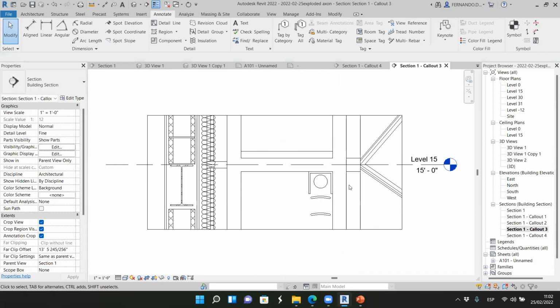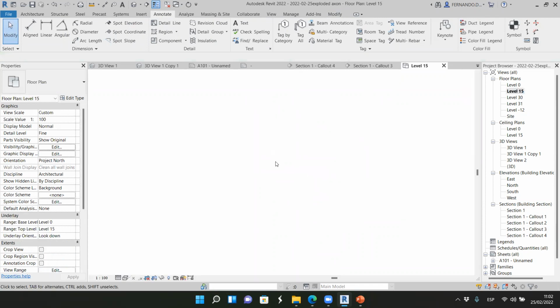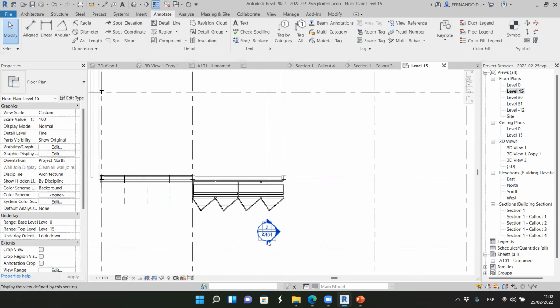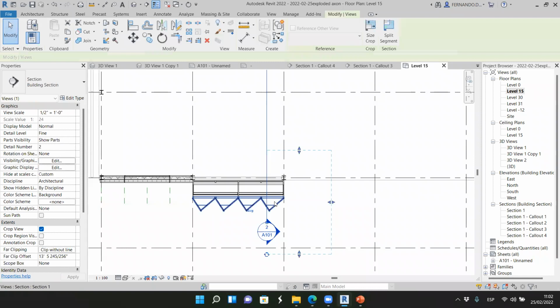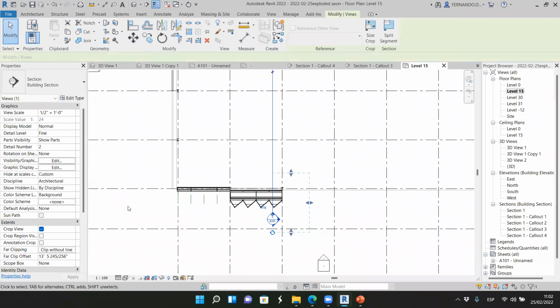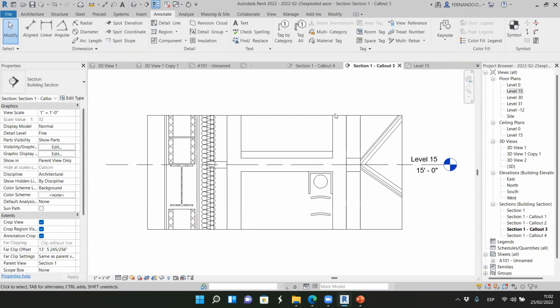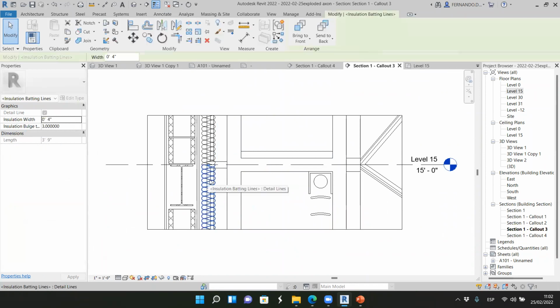Yes. Okay, this is callout number 3. Now I see, oh, because in that section, now I know what's going on. Well, I don't want to see all these elements of the